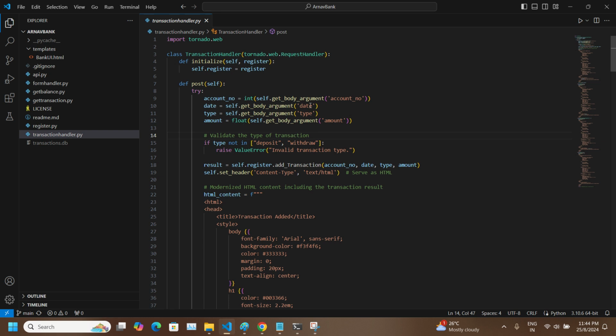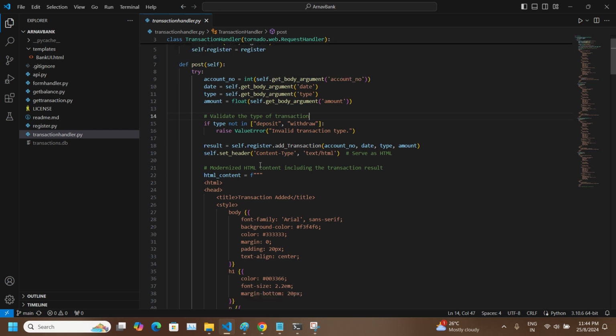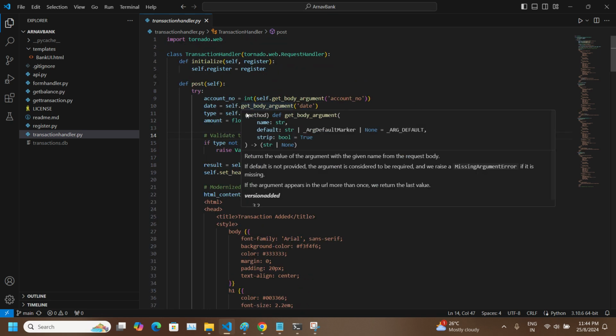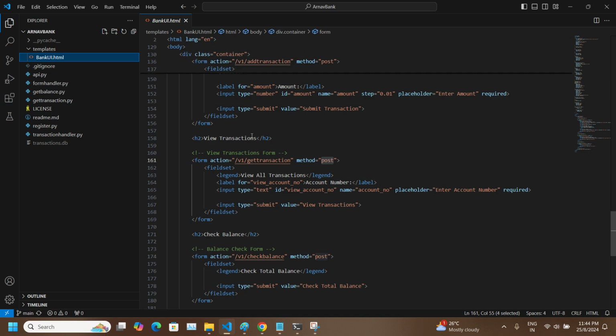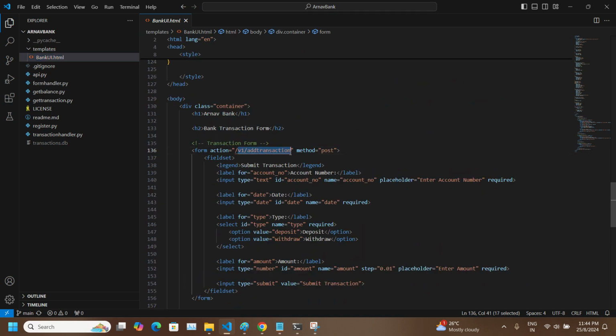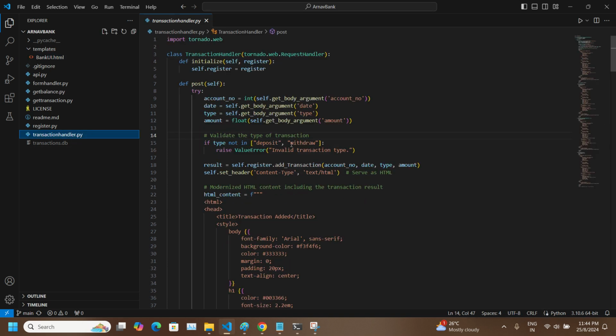And you can actually see the route where it's routing the microservice. Here it's routing through this add transaction method, and when it comes here,